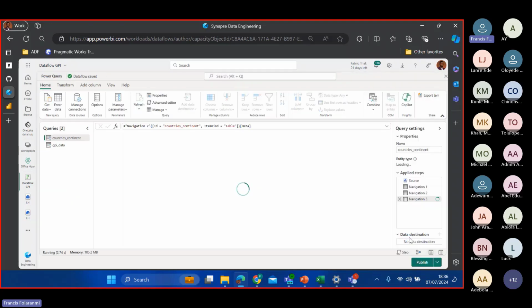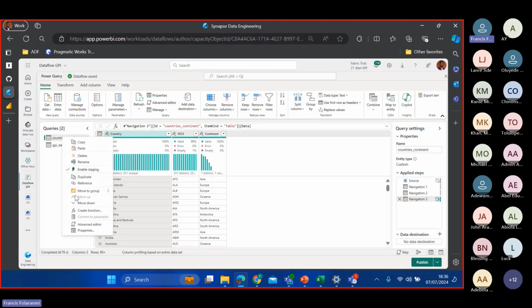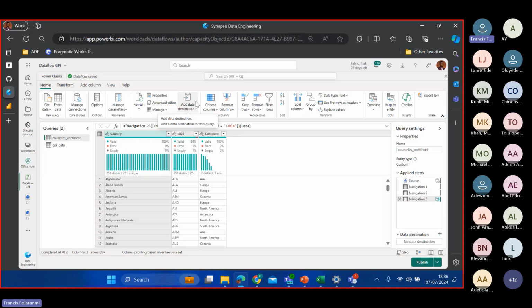There is something I want us to pay attention to. One is the fact that on our Power Query desktop, when you right click on your query, you can always disable load. But in this case, that is not available yet. What suffices for that is that once you are done doing your transformation, you need to specify and add your data to a destination, which we are going to do in just a second. So that's the first thing.